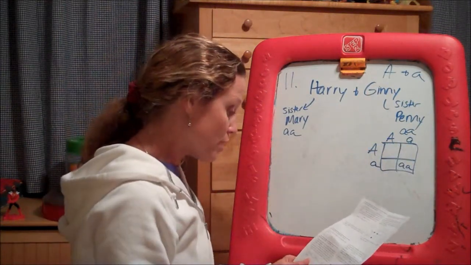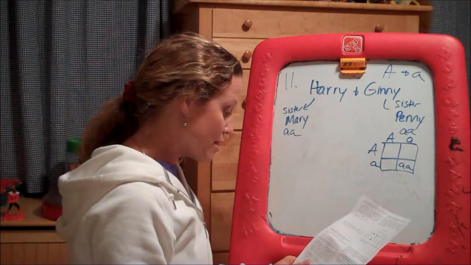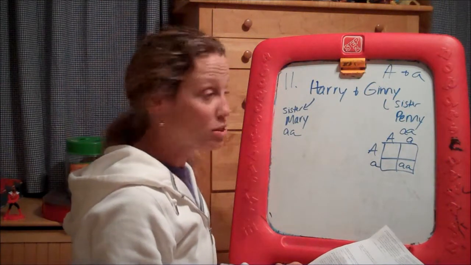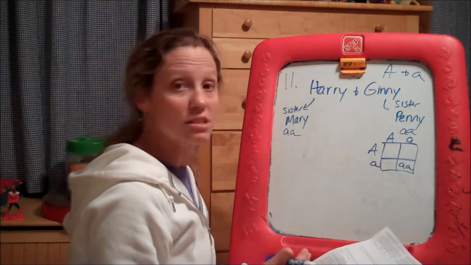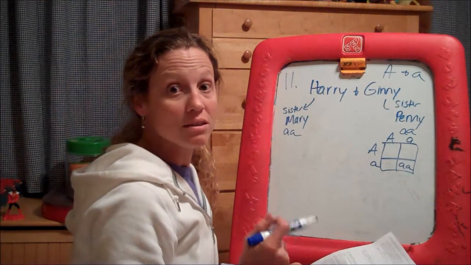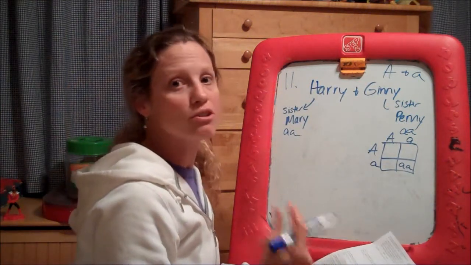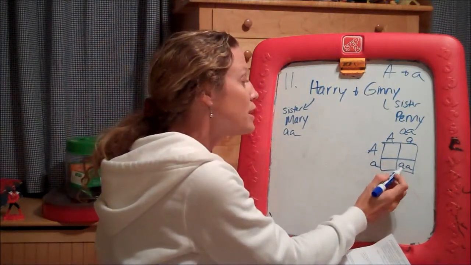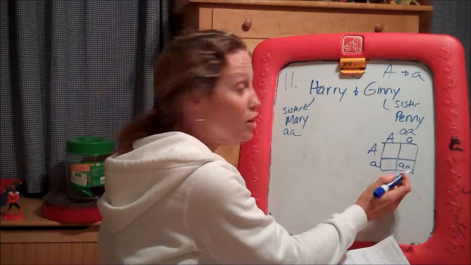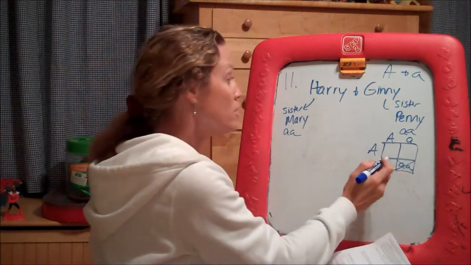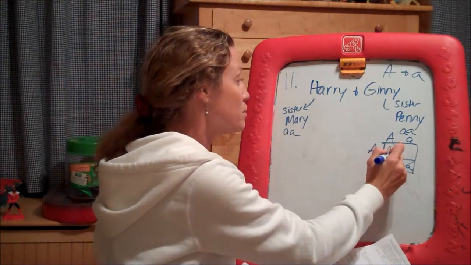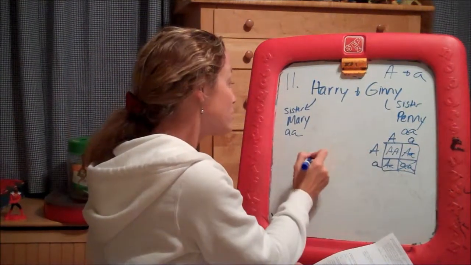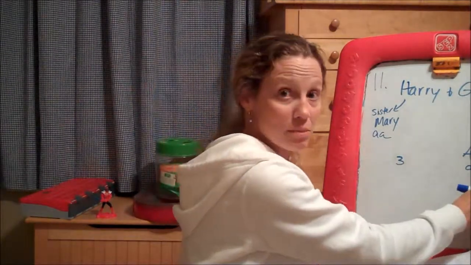Okay, so now we want to know what's the chance that Harry and Jenny could have a child with the recessive condition. So first we have to say, what's the chance of Harry or Jenny being a carrier? Because they both have to be carriers to produce a child with this condition. So, could Harry or Jenny be the little a? No. So, we're left with these three. So we've got big, big, big, little, and big, little. So out of 3 now, instead of out of 4, because we know it's not going to be little, little,